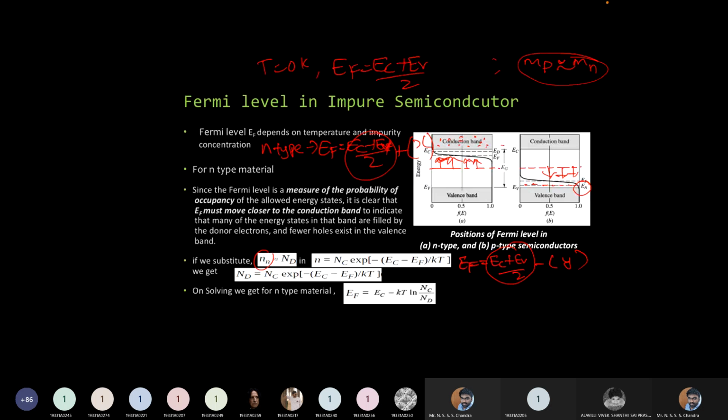Simply what we are doing is taking this Nd to that side and the exponential to the left-hand side. That makes exponential of (Ec minus Ef) by kT equal to Nc by Nd. Then we take the logarithm, so Ec minus Ef equals kT log of Nc by Nd. Then if we bring all these terms to this side, we get this expression. Similarly, we can do it for